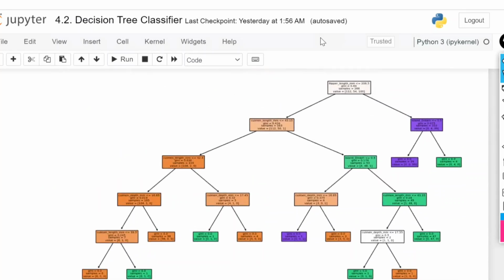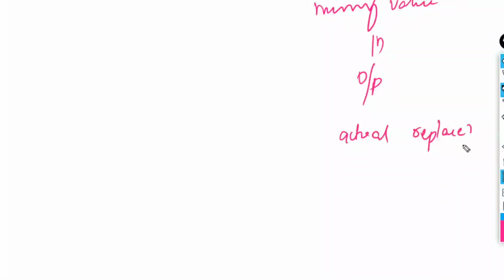Is that clear? Sai Nagendra is asking, sir, if I have missing values in the target, then what do we have to do? That is the most important question. If you have missing values in the target, in the output variable, that particular record has to be dropped. Blindly, you have to drop the record. You should not replace the values. If you replace the values, you are only predicting your answer.